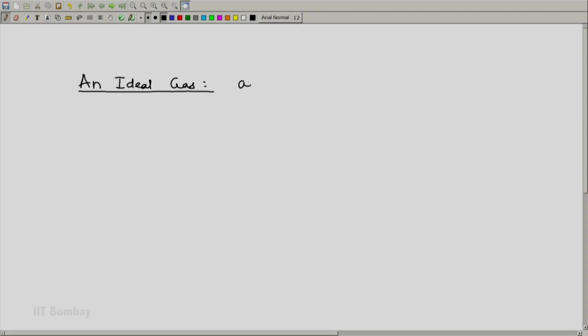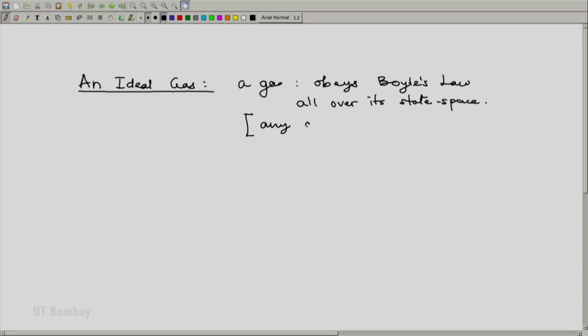An ideal gas is a gas or a fluid which obeys Boyle's law all over its thermodynamic state space. And we should remember that